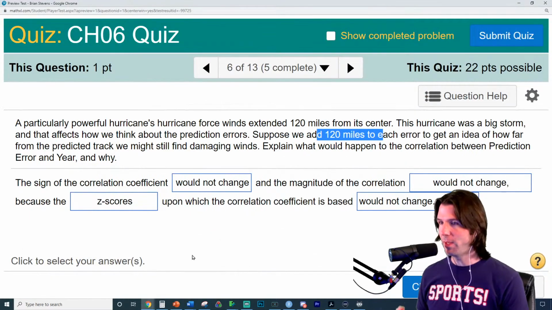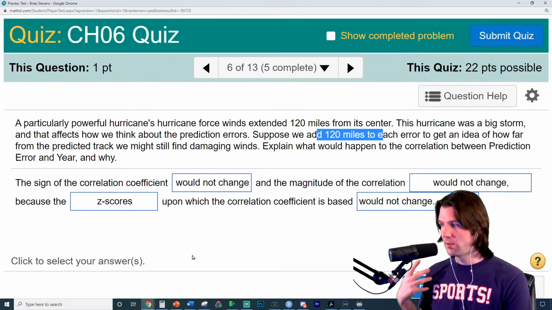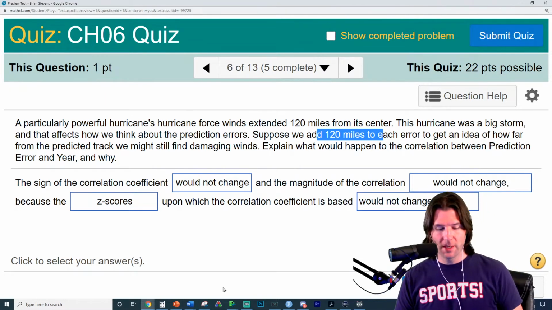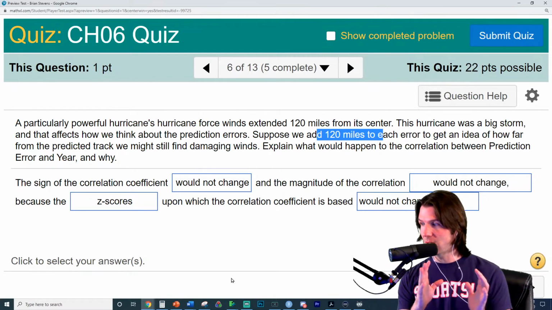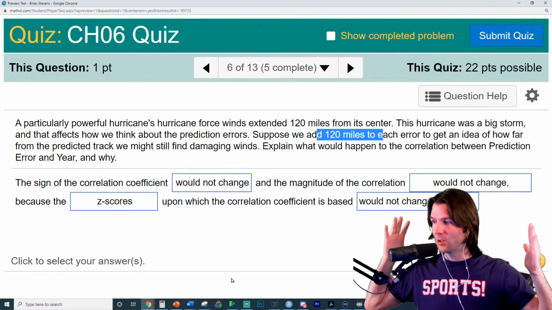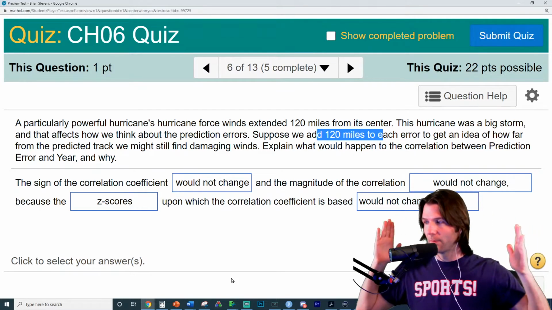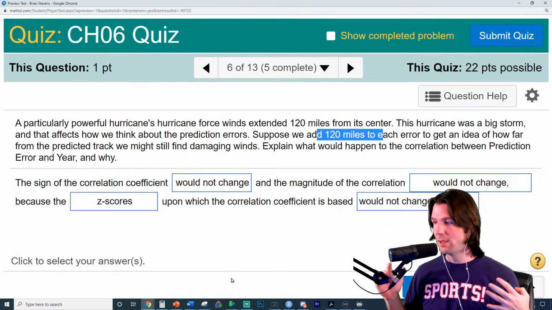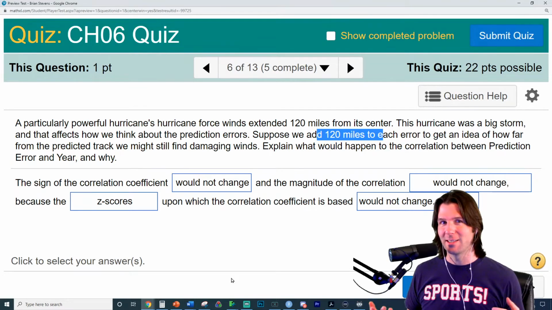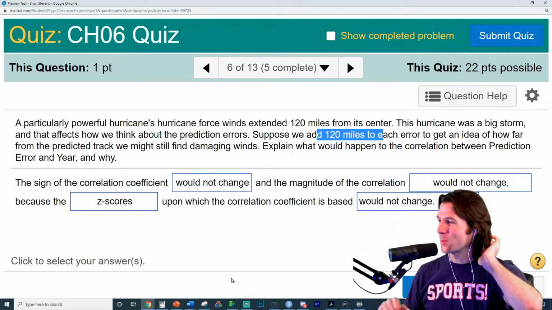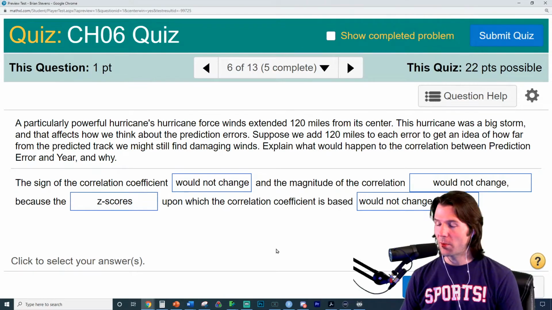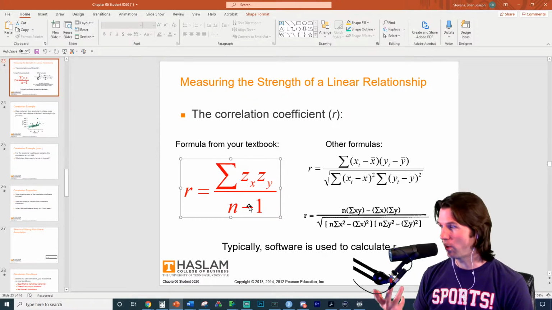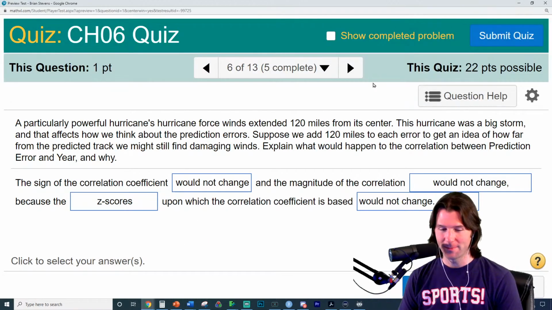And hopefully that makes sense, because z-scores are based on how far something is away from the mean. Basically, if you take a distribution and you just shift it over, everything stays the same distance from the mean. Imagine my head is the mean, and here's the highest and lowest, and I just move the distribution like this. Everything still has the same distance from the mean, and the z-scores are not changing. I'm just adding and subtracting. I think I've done enough examples on this one. It's a conceptual thing. It's related to the formula right here, and understanding that we didn't change the z-score, so the correlation does not change. Hopefully that helps out with that one.